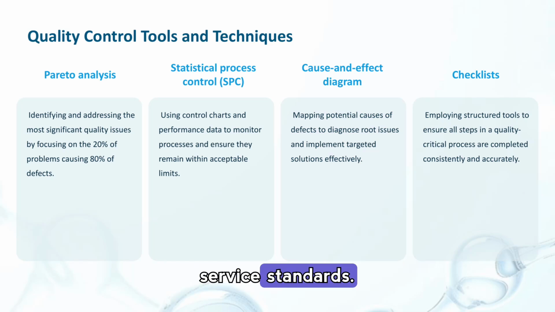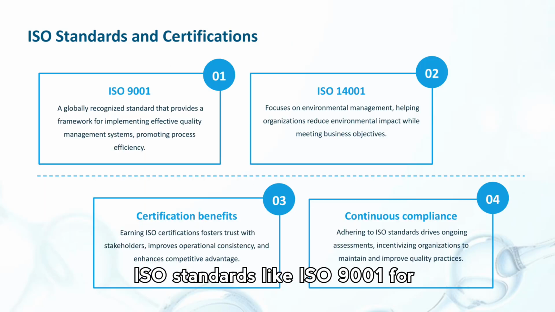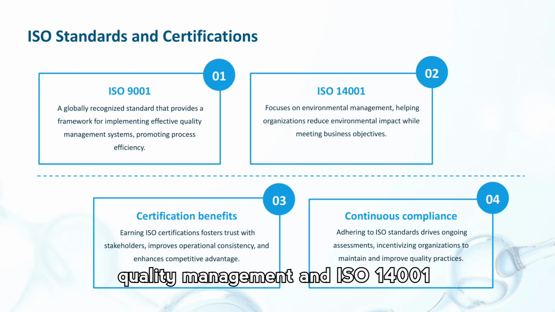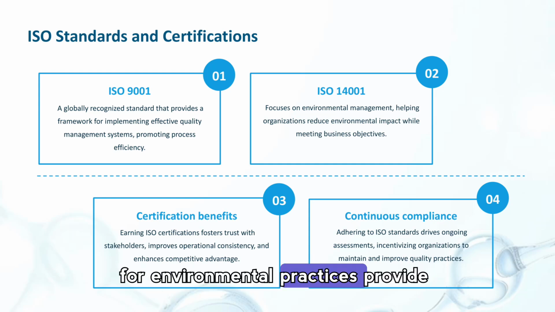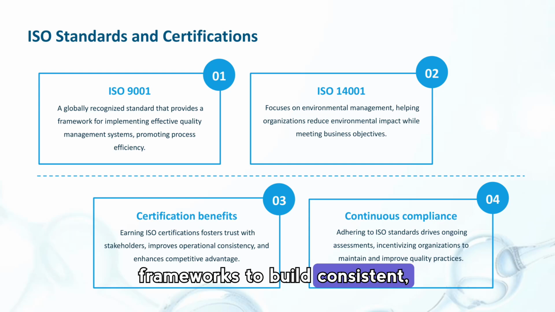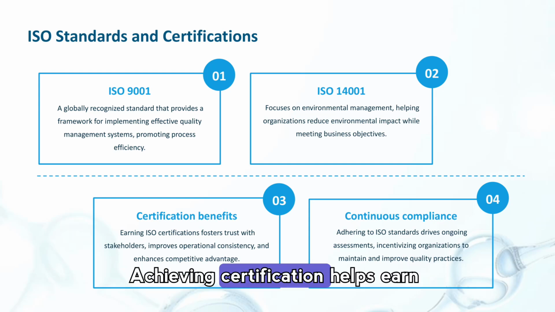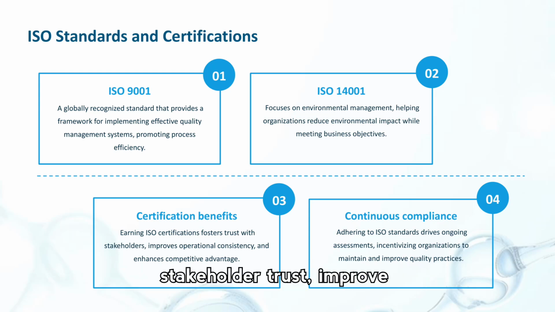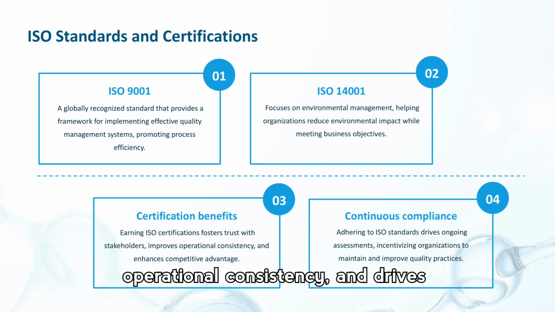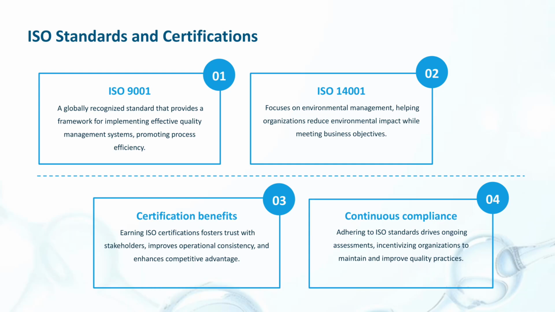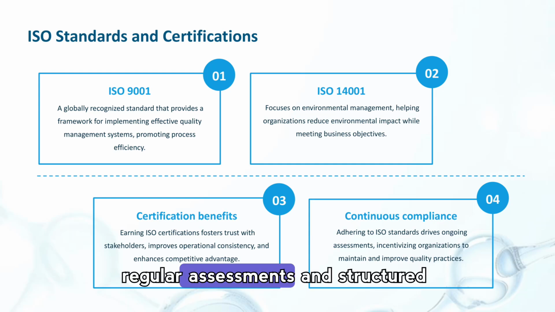product and service standards. ISO standards like ISO 9001 for quality management and ISO 14001 for environmental practices provide frameworks to build consistent, efficient, and sustainable operations. Achieving certification helps earn stakeholder trust, improve operational consistency, and drives continuous compliance and performance improvements through regular assessments and